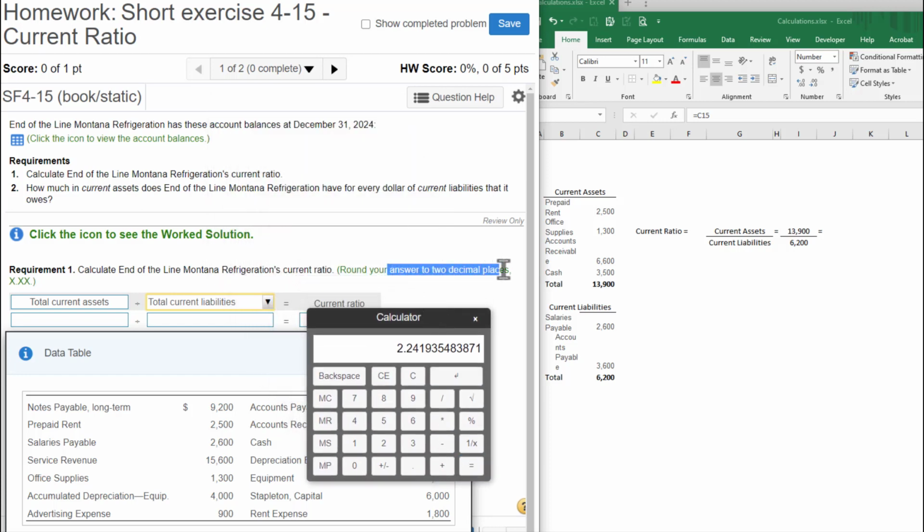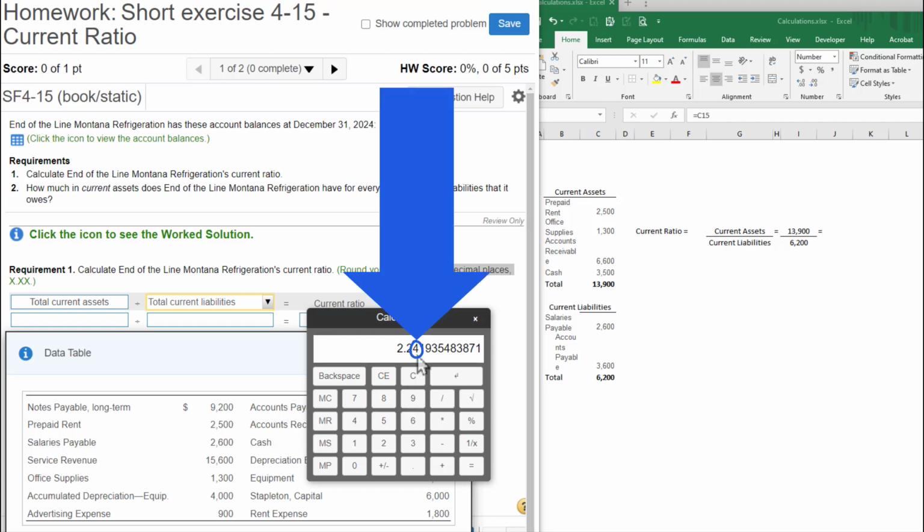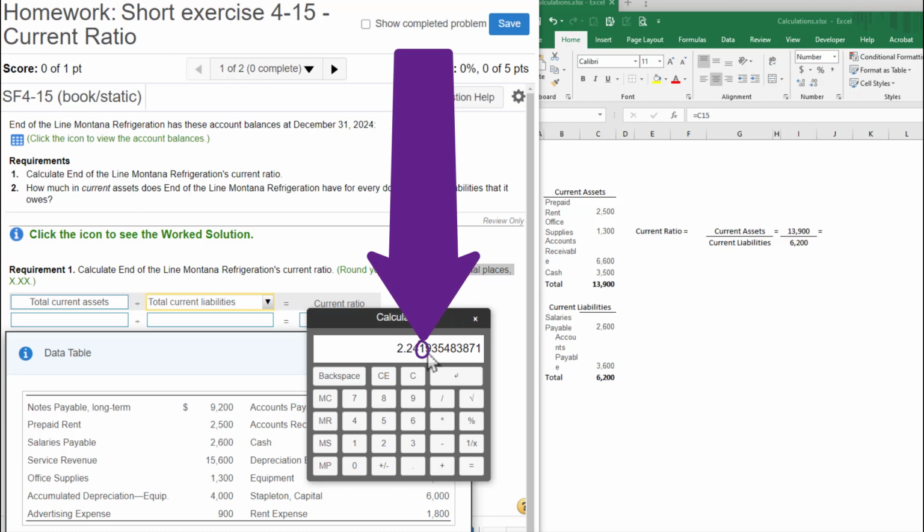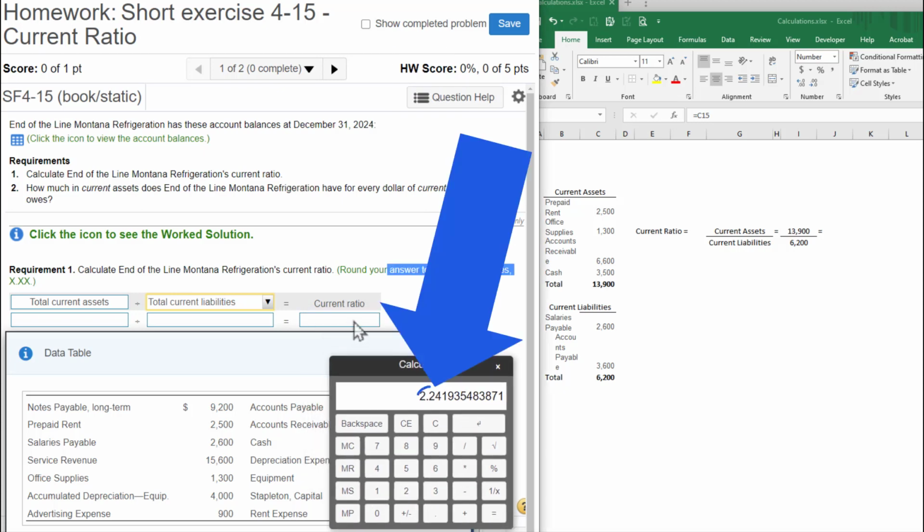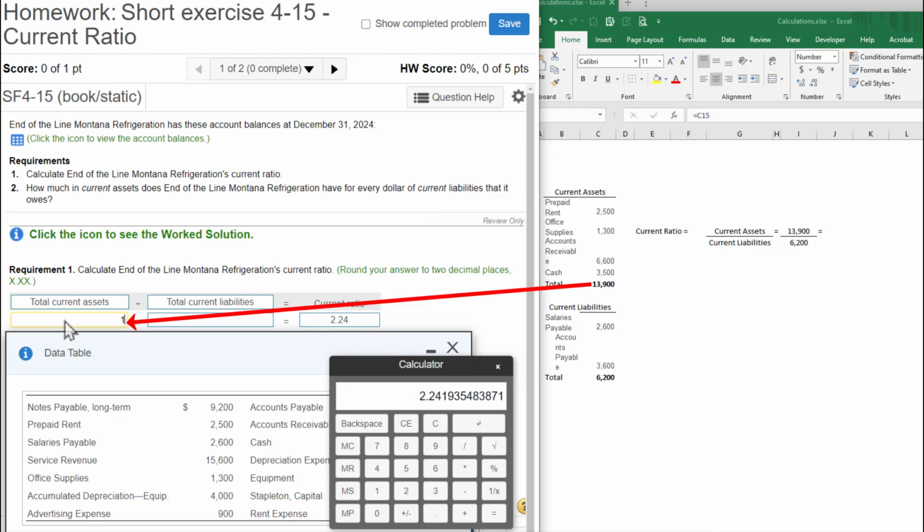They say round to 2 decimal places. So that rounds to what? To round to the second decimal, the 4, you look to the place to the right of it. Since it is 4 or less, you do not round up. So the answer is 2.42. And then I need to plug in our